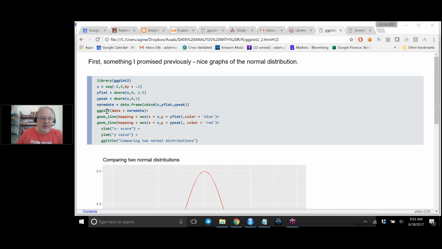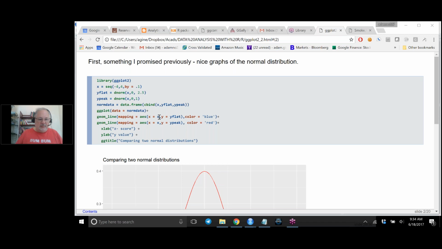So I call the function and say that's my data, and this plus means, and now I'm going to tell it what to do. Geom line doesn't mean it's a straight line, it means you're plotting something. And this is much easier than in basic R. The basic structure is always you give it a mapping, and I don't know why you have to have mapping equals, but you do. And the aesthetics is where you